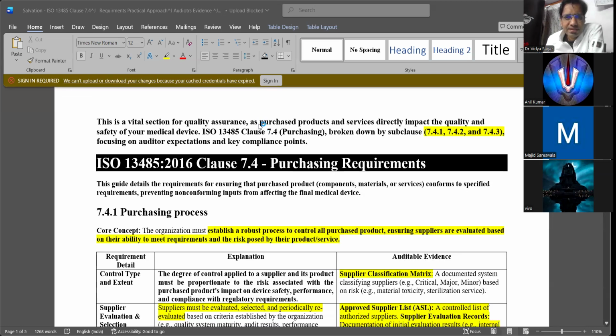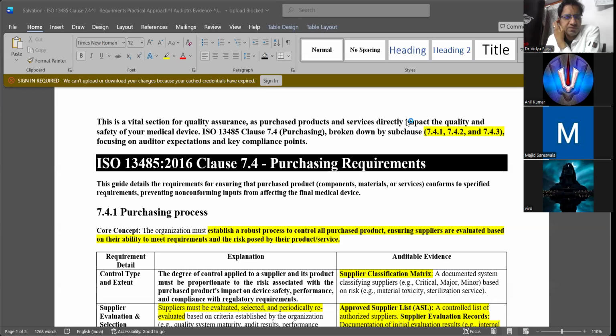Do you agree with me that the material we purchase, or the services and components we purchase, will have a direct impact on the safety and performance of the device? So for me, this clause is very important.